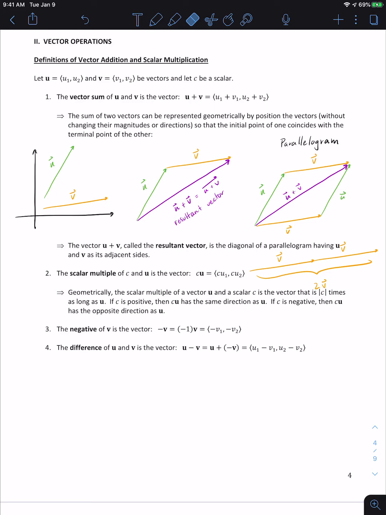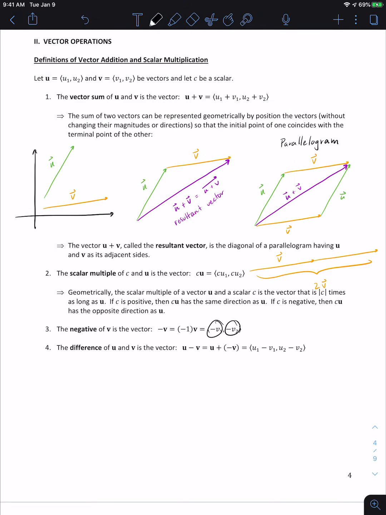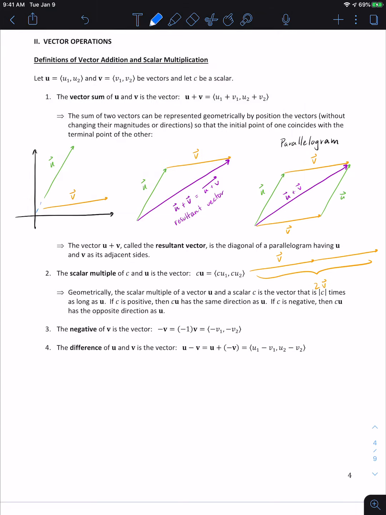Okay, so that's the idea. If c is positive, then cu goes in the same direction. If c is negative, then cu goes in the opposite direction, right? The negative of a vector is negative v, which is just negative 1 times v. In other words, just take the components and put a negative sign in front of them. So for example, the negative of u would have the same magnitude, but it would be in the opposite direction. So this would be like negative u,